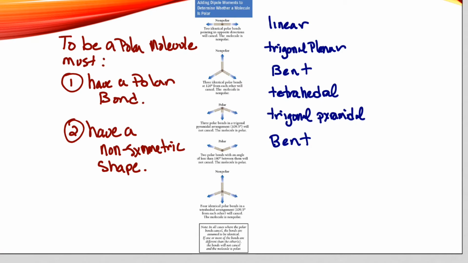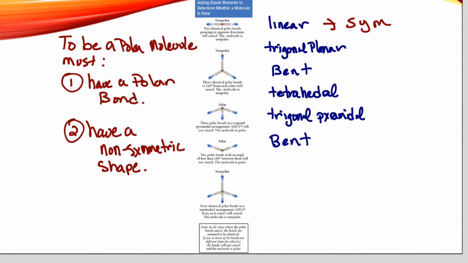So, for example, trigonal planar cancels each other out, as well as tetrahedral, right? Both of these are symmetric shapes. Now, it may not seem so obvious that they're going to cancel. So sometimes we can look at this in a simpler way, if you will. We can just look at the geometries and assign them a shape. So if we look at our 6 geometries that we've talked about, right, linear